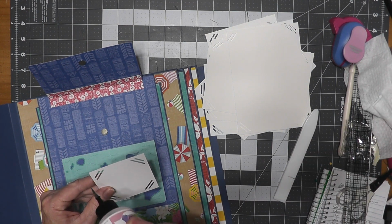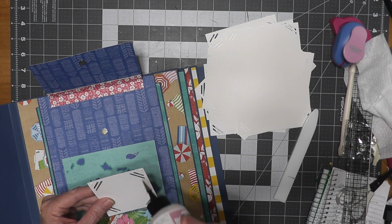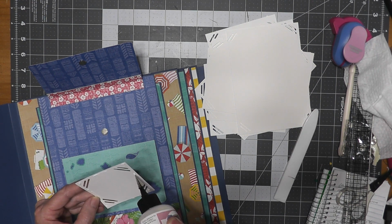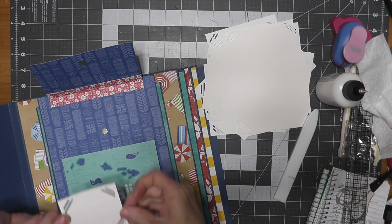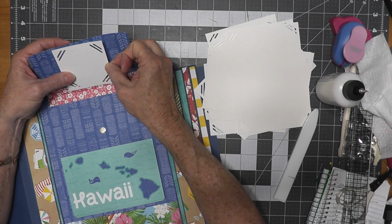You'll see where I've added magnets to close these cut apart flaps, and just put a little glue in each corner of your mat, a little bit along the sides, and some in the middle. You don't want to put glue where the photos are going to slip into those slots. So this one's going to go at the top here,